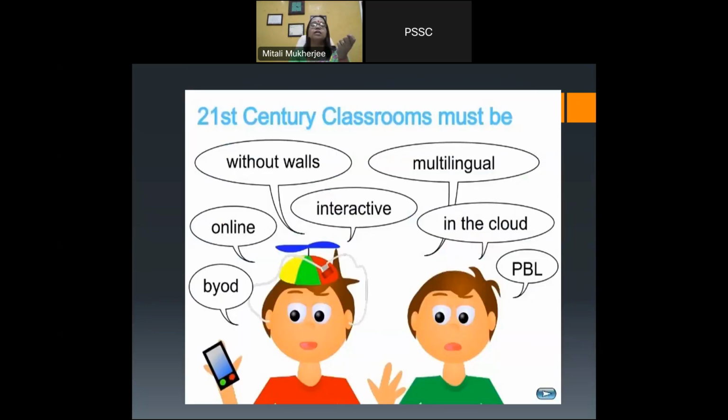Okay, so today, the 21st century classrooms are without walls. That means you need to take them outside. You need to take them outside the classrooms, you need to take them for field trips, take them to the garden, take them to the places. They're multilingual, they're interactive, the classrooms are online, they're in the cloud, online classes, and they're BYOT, bring your own device. You will see the education system of so many countries where the children bring their own device and they